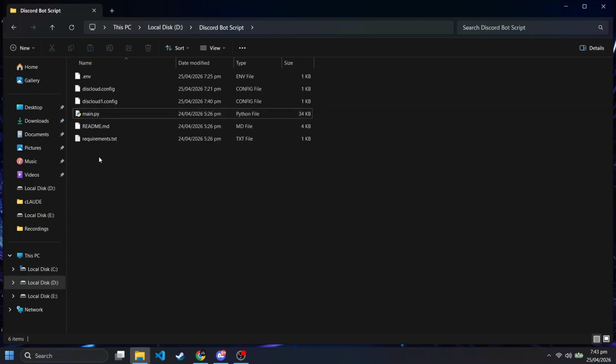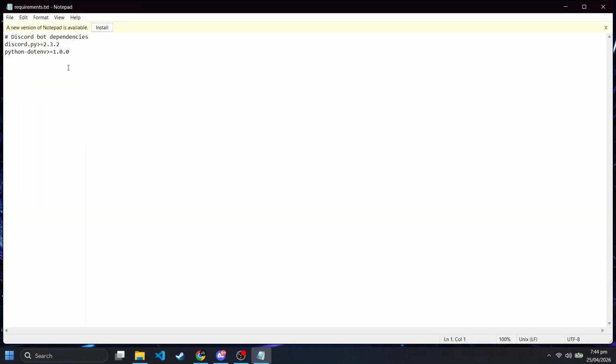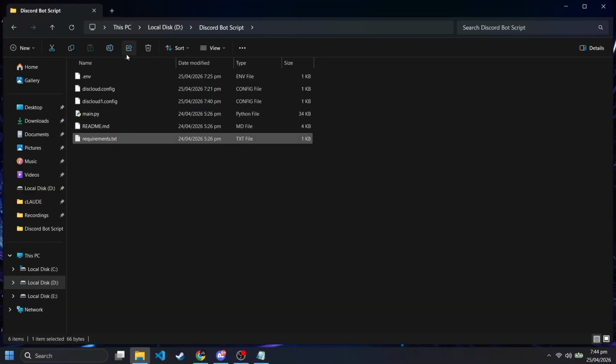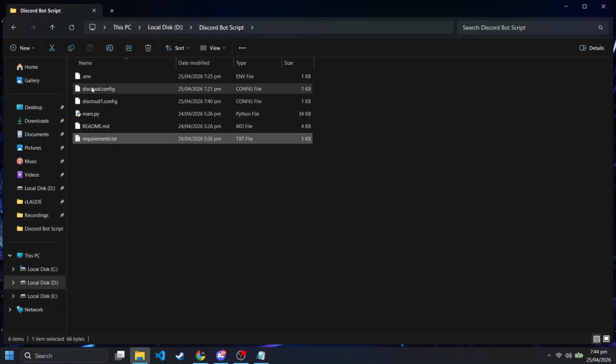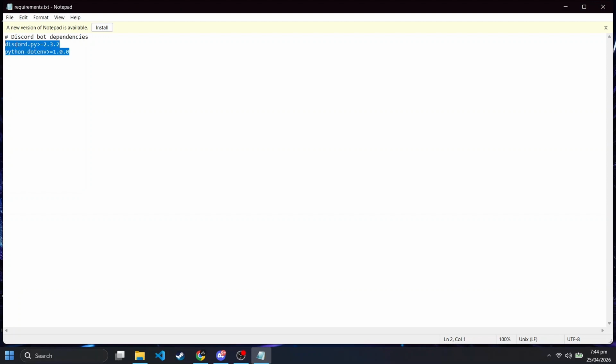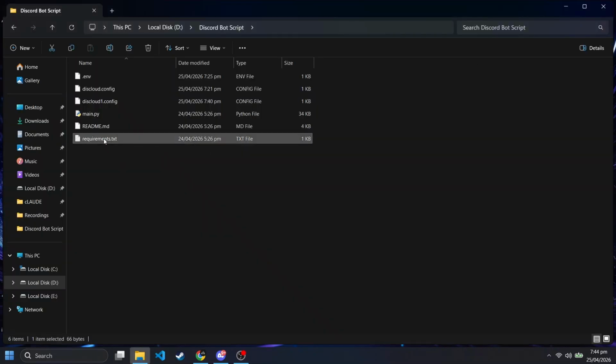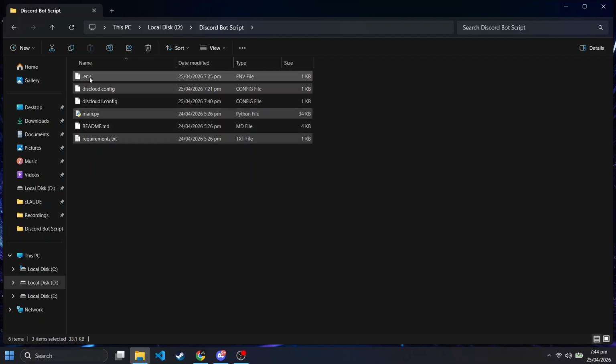After that, you are going to need the requirements.txt as well. So my bot is made in Python language, so I use Discord Python support and the python.env for the safety environmental configuration. If you don't know anything about coding, I recommend just using these two libraries, which I will paste in the video description. So we are going to select this requirements.txt, our bot script, the Discloud.Config and the env file,